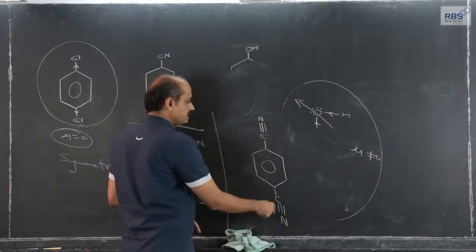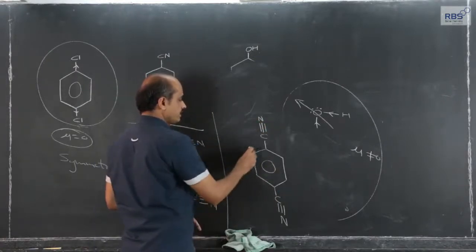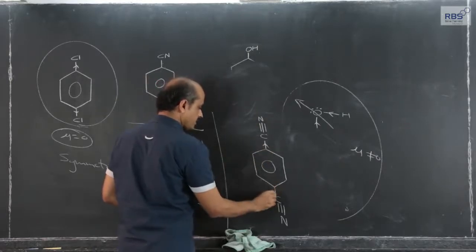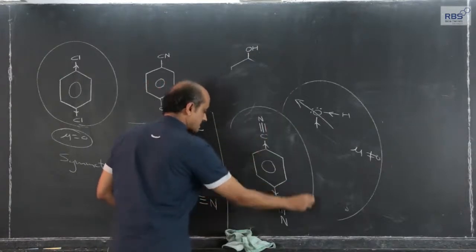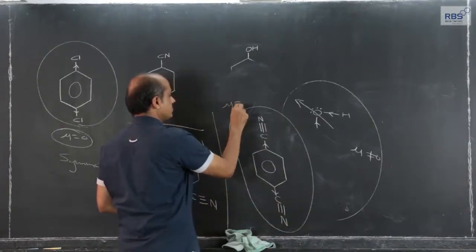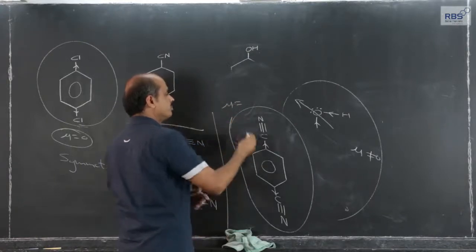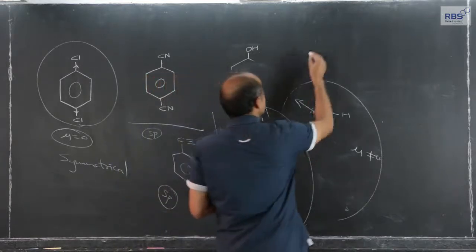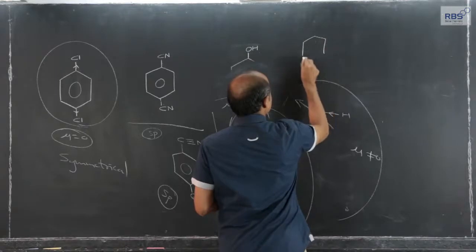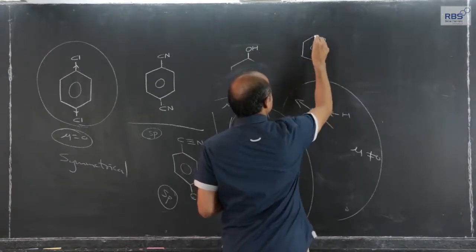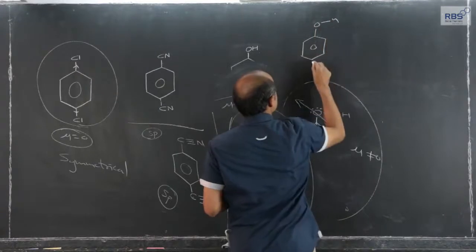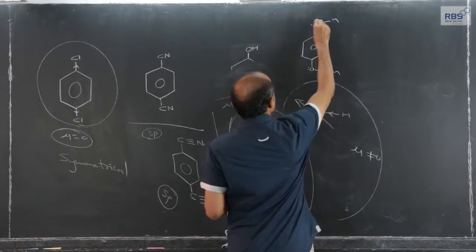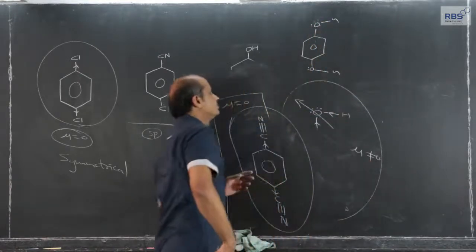They exactly compensate each other's effect, and therefore polarity because of this cyanide group and polarity because of this cyanide group, they exactly compensate each other's effect, and therefore ultimate polarity of the molecule, dipole moment, will be 0. This was not the case in 1,4-dihydroxy benzene or quinol, because the OH bond is angular, it is sp3 hybridized, 2 lone pairs and 2 bond pairs.